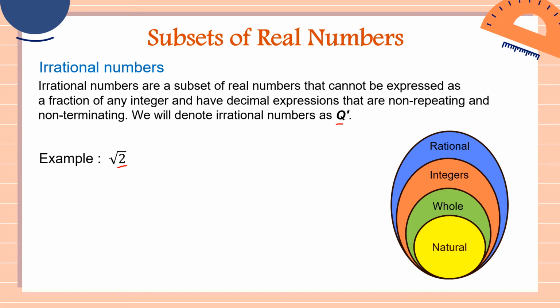Because if we get the value, class, of square root of 2, the answer would be 1.4142135562, and then the number will not end. Okay, once again, class, the number will not end. It will be non-terminating. So if the number will not end, class, therefore that number is an irrational number. So square root of 2 is an irrational number. That's automatic, class. If the number inside the square root is not a perfect square, automatic, that number is an